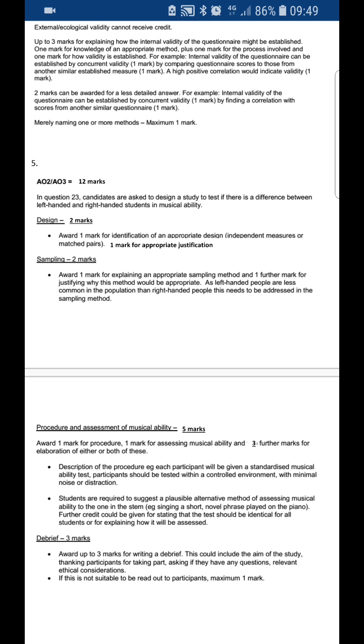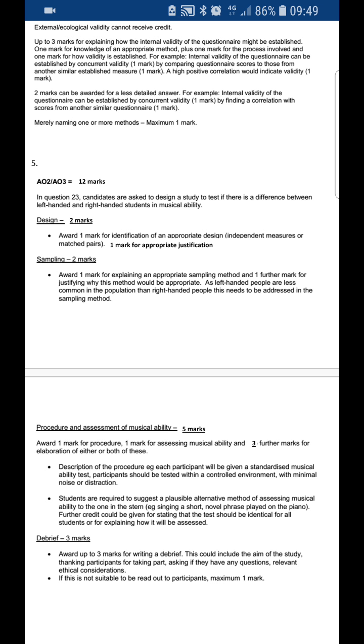So the question was, just to point out one thing in particular, to look at the differences between left-handeds and right-handeds in terms of their musical ability. That posed problems for a number of you, because you forgot that that's exactly what you were looking at. You were looking at the difference between lefts and rights, and the fact that there are differences that exist between them. So just to explain what I mean by that,